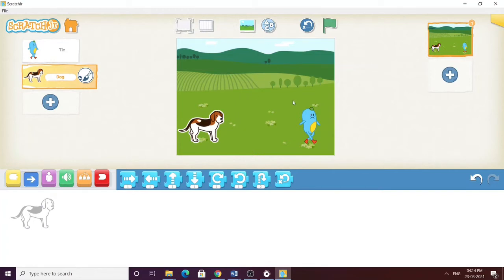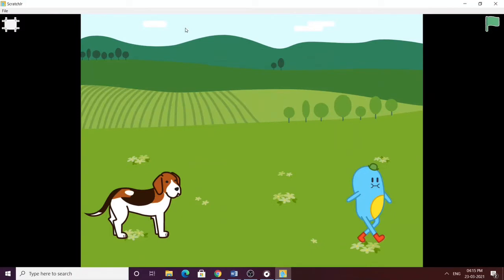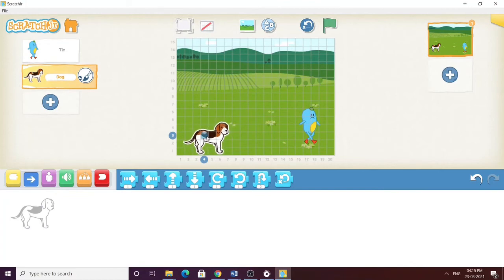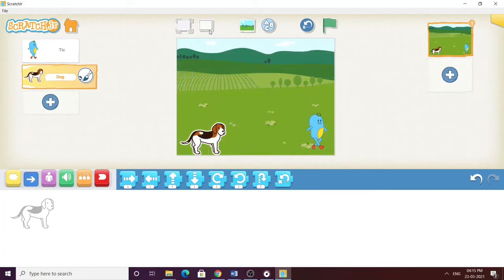Okay. So let's explore some other tools available on the top and on the right. So you could see here a full screen button. Clicking on this, we could have a clear view of the project, that is the presentation view. To go back to the editing view, just click on this. And this button is to have grids on the project or the workspace. It helps to perfectly position your puppy in the grid box. And next, to remove the grid box, you could just click on the same button again.